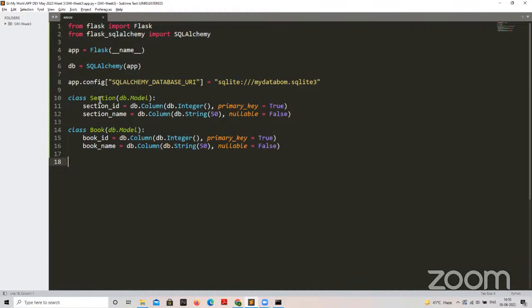When you want to inherit a class, in parenthesis you write the name of that class. db.model is a class, so we are just inheriting it. Inheriting the class means that the methods defined in that class will automatically come into your created class, that is section. So in the comment, I'll write that db.model is a class,